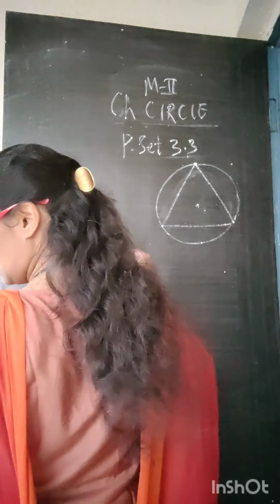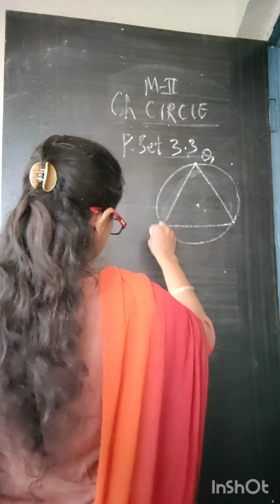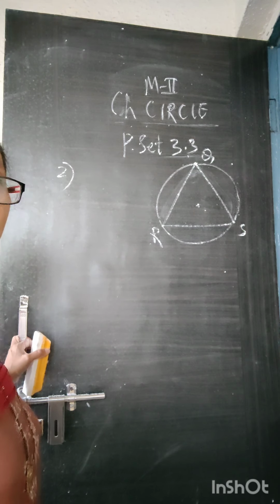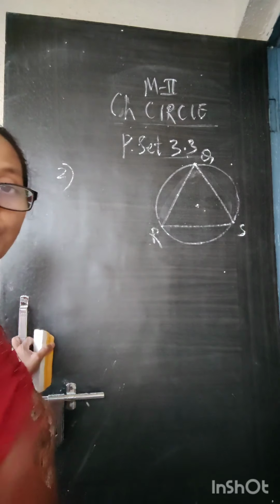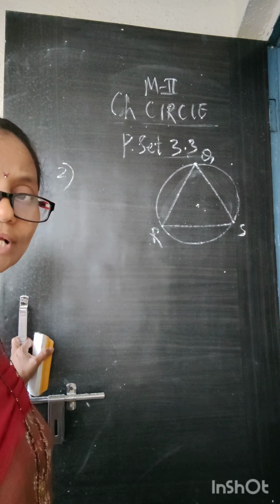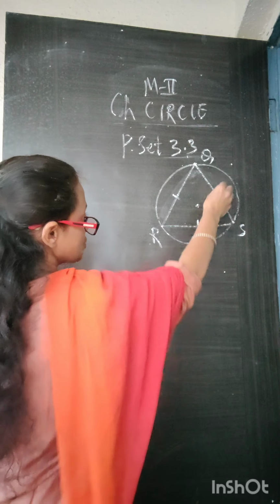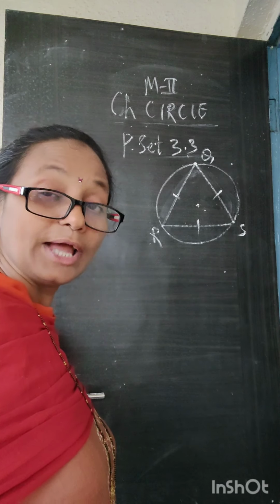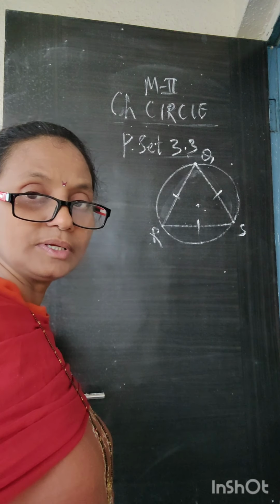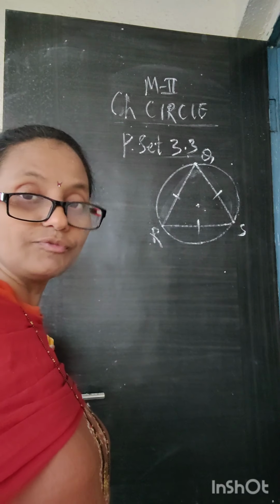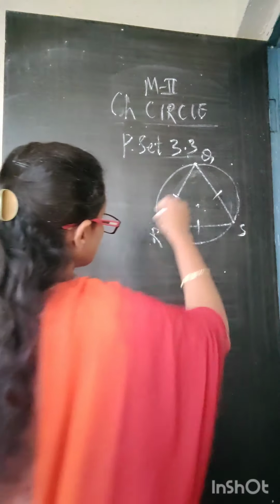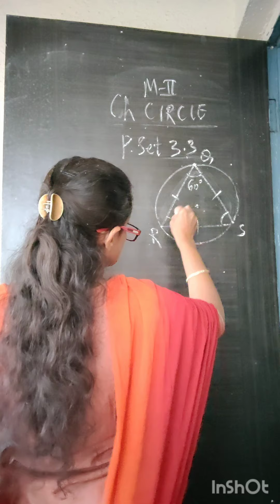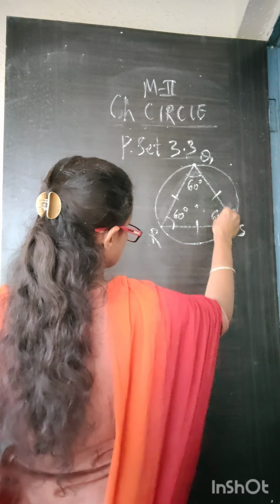The name is triangle QRS. As per the question, the figure given to us is like this, right? Triangle QRS is an equilateral triangle, right? And the circle is passing through the vertices of this triangle. Now, what's an equilateral triangle? The sides of this triangle which are equal. All the sides of a triangle when equal, we call it as equilateral triangle. And also, what about the angles of equilateral triangle? All the angles are also congruent or equal. So if all the angles are equal, what is the angle of the equilateral triangle? 60 degree. So we know the angles also of the equilateral triangle.